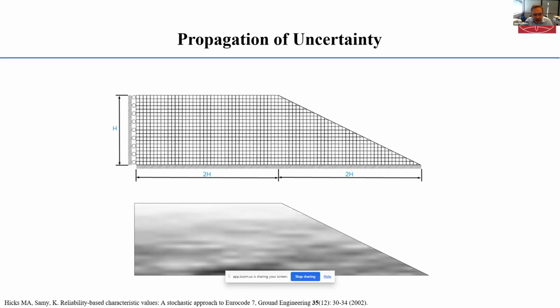And what you can see in this picture here is one numerical prediction of the spatial variability for this slope based upon the underlying mean, standard deviation, and the scales of fluctuation in the two directions. And in this picture, light areas are low values of undrained shear strength, and the dark areas are higher areas of undrained shear strength. To begin with, what I'm going to show you is what happens if we try and calculate the factor of safety of this slope, ignoring the spatial variability. In other words, only taking account of the underlying mean undrained shear strength.